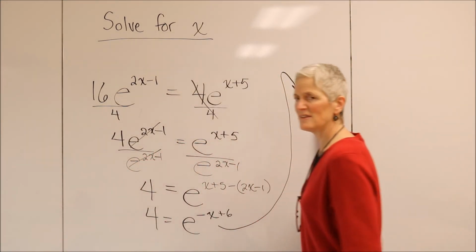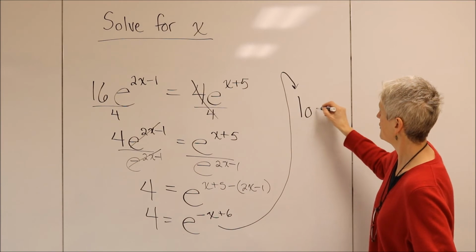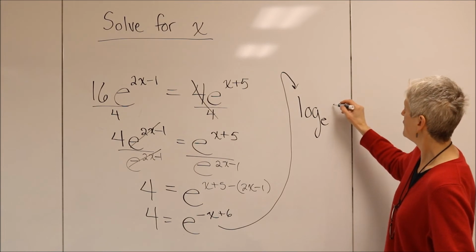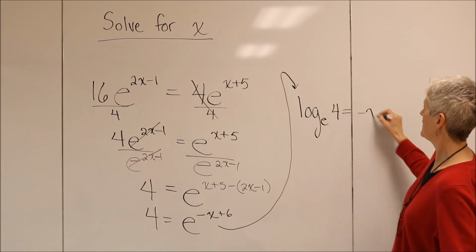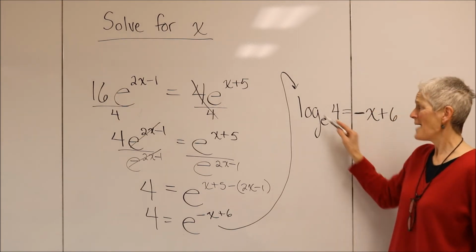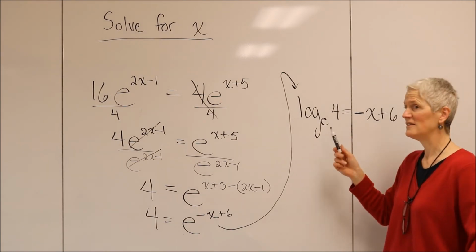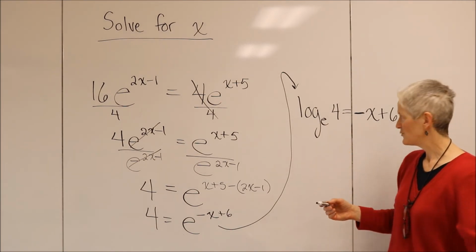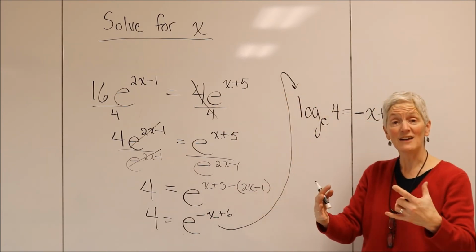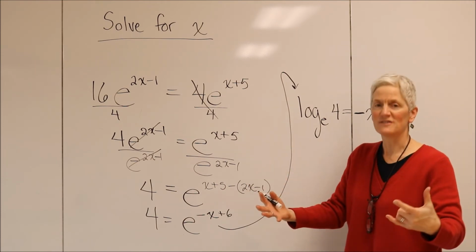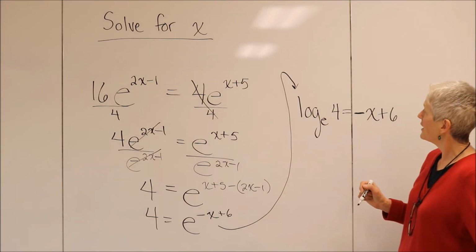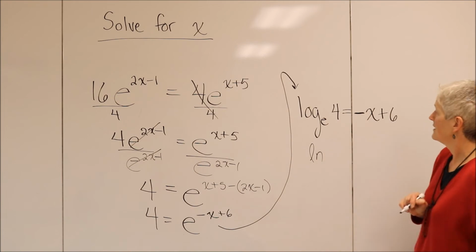Hey, I can just rewrite that in log form. Let's do that. Now, this is what some students did today, which was perfectly correct. They said log base e of 4 equals negative x plus 6. That's perfectly correct. But we happen to have a special symbol for log base e, and that is the natural log. And we call it natural log because things out there in nature that grow or decay exponentially are doing it continuously. So they always involve the number e, and a log with a base of e is called natural log for